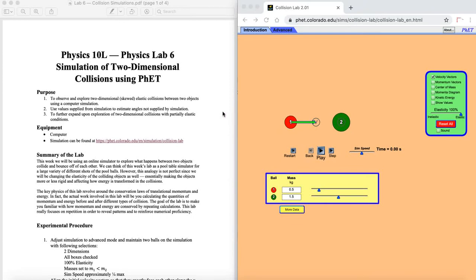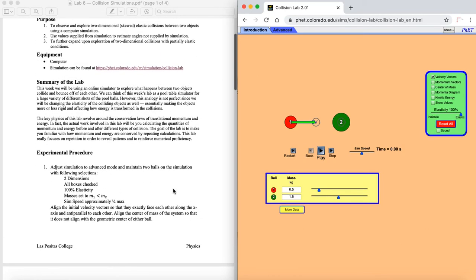Hello and welcome to the video directions for our lab here, which is the simulation of two-dimensional collisions using this website, which the link for was included in the lab handout. Okay, so I just want to go over how to get started and what the 6 different types of collisions we're looking at